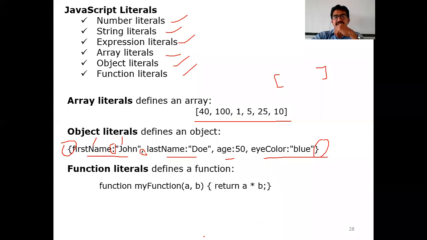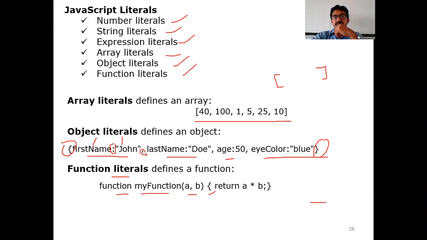The next is function literals. Whatever we have seen just now in the examples, the same is applicable here. Function literals are written with the help of the function keyword. Normally in other programming languages, you directly use the return type followed by the function name. Here function is the keyword you need to use, followed by the name of the function, myFunction, followed by the parameters a comma b.